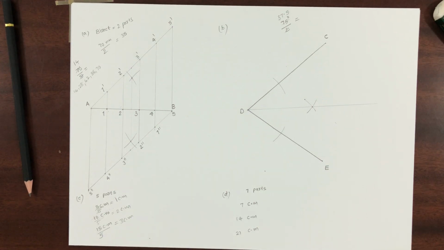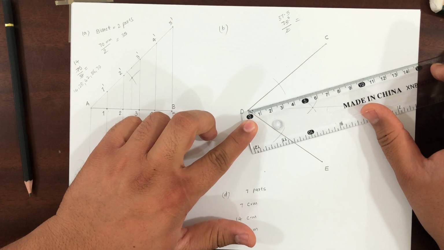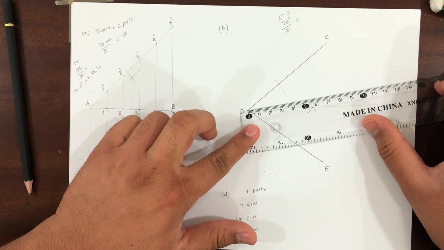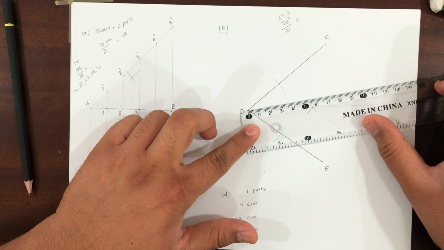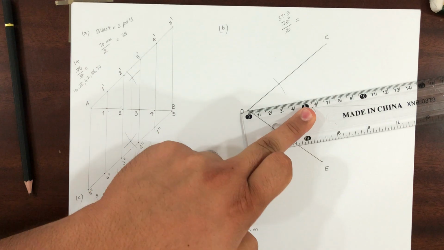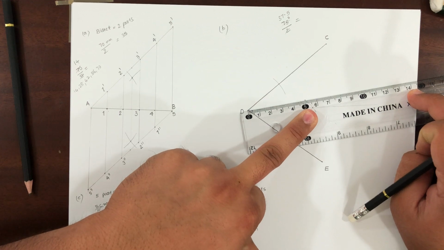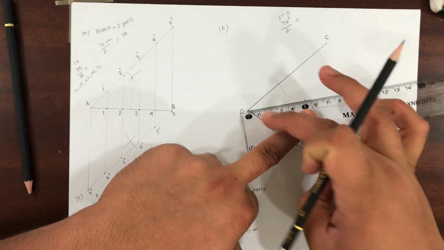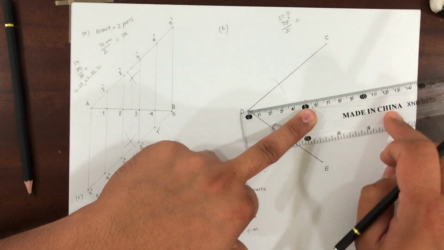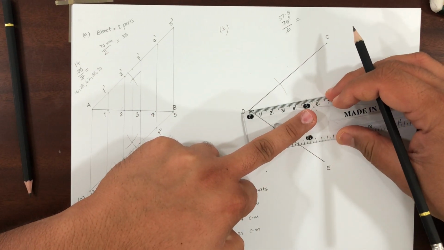So let's check how much we can take. Okay, now keep the scale at 0 and align it like this. So now here we cannot take 21 because it is crossing 21, but we can take 14. Okay, but it will be too big when compared to the size of this one. Still you can take 14 this side and 14 this side. It will be too big. So in order to make it easy, you can take 7.